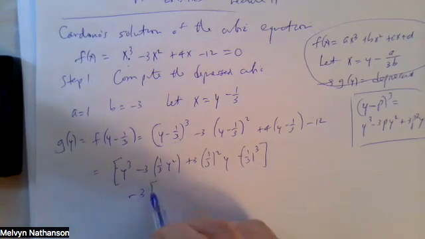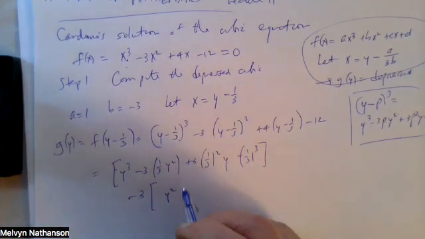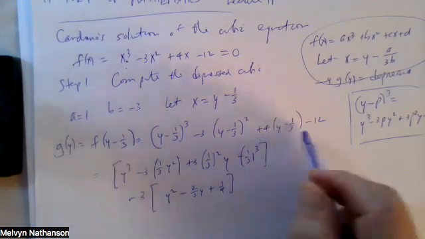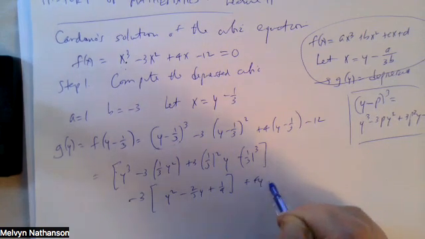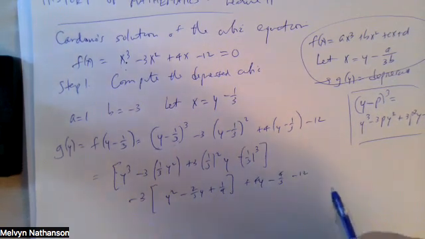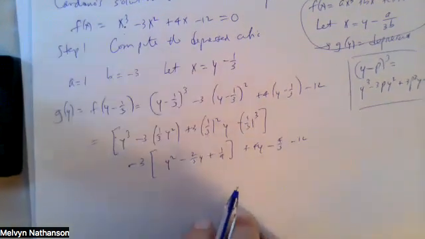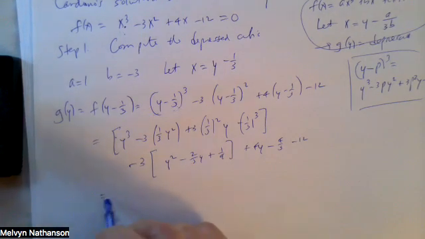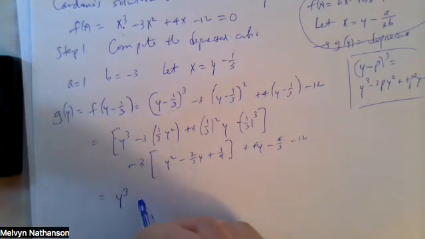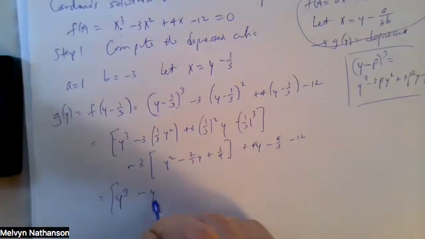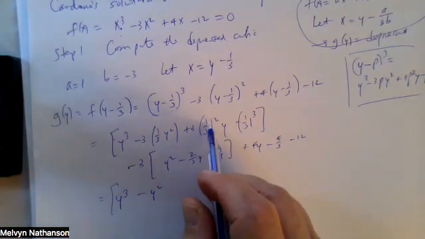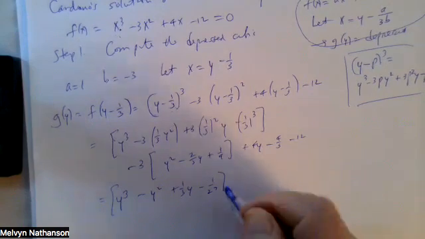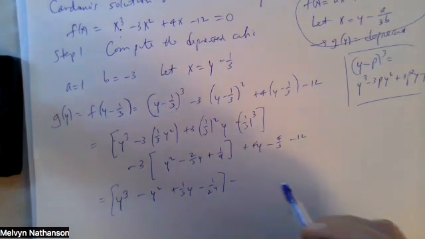Minus 3 times this squared, y squared minus 2/3 y plus 1/9, plus this, 4y minus 4/3 minus 12. So the only thing to do is to simplify it and hope we don't make too many mistakes. Let's see. We get y cubed, this is this first term, minus y squared, 3 times the 9th plus 1/3 y minus 1/27 minus,